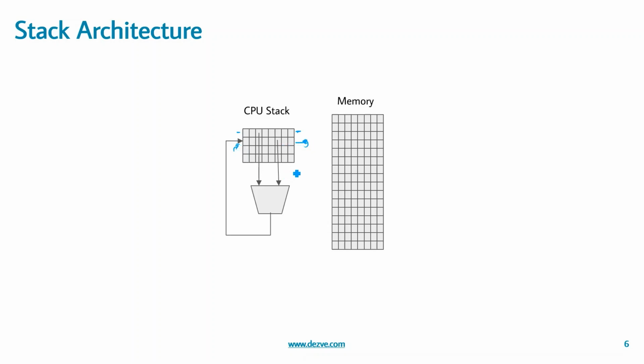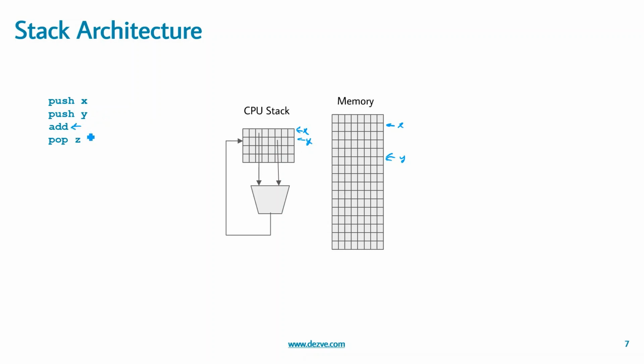So if you take an example like this, suppose this is X, this is the memory Y. Now what are we trying to do? We are trying to push X to the memory, so X will be read and pushed here. So now this becomes X, now this becomes Y, and we say add.